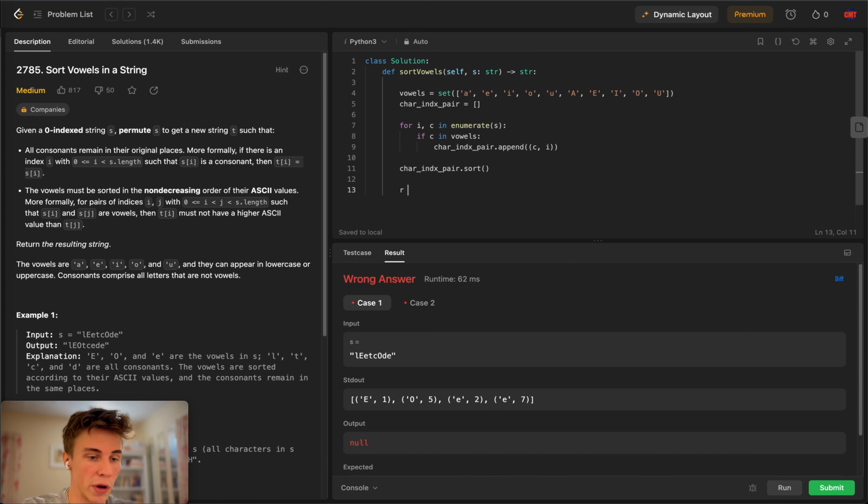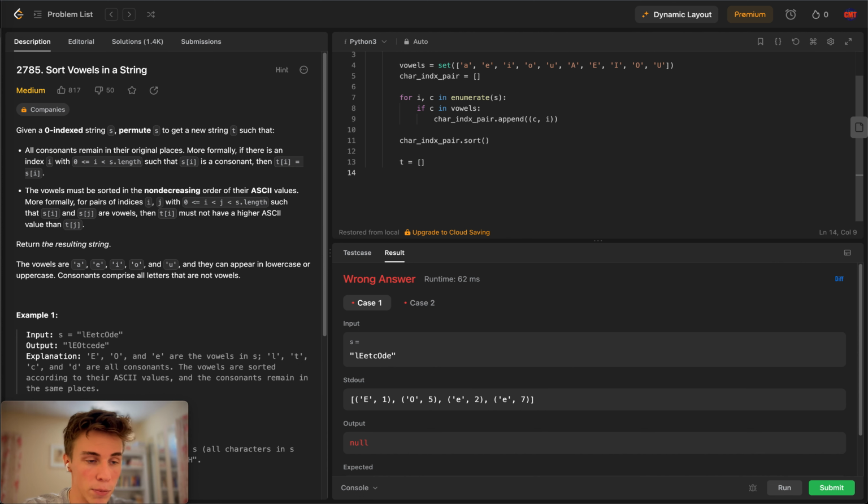And now we want to recreate T. T is our resulting string. Let me create it initially as just an array, and then I'll join it over an empty string. For I in range len s, I want to see if I is